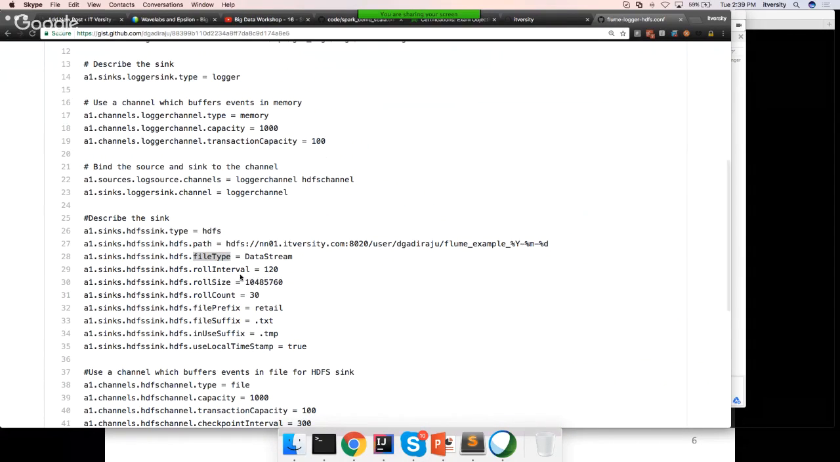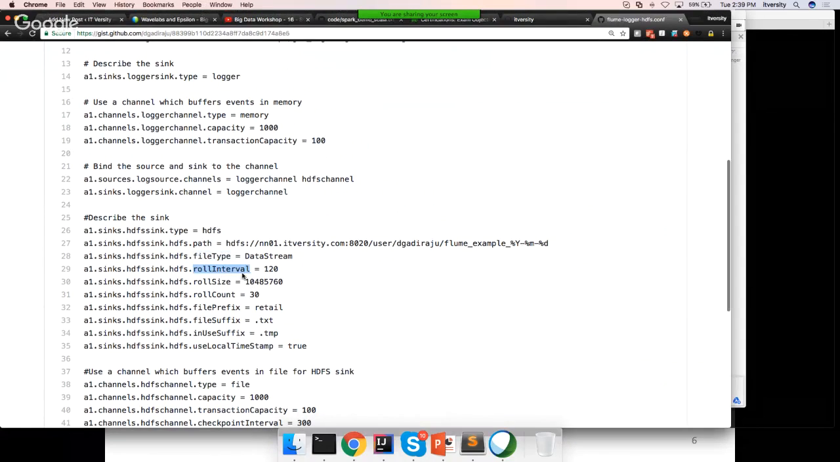And then here, if you see the example, I have given roll interval as 120, which is in seconds, so it is approximately 2 minutes. And roll size is 1 MB. So whenever